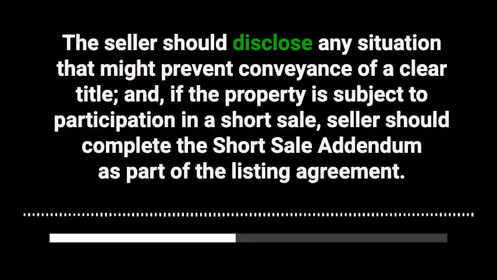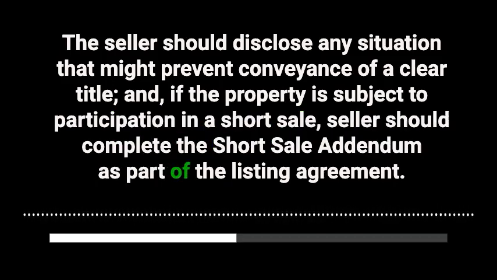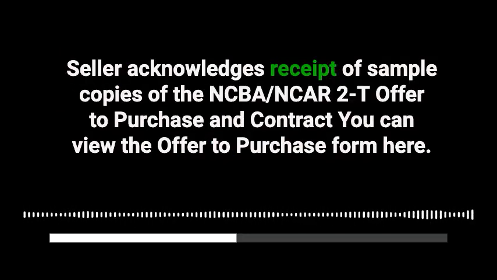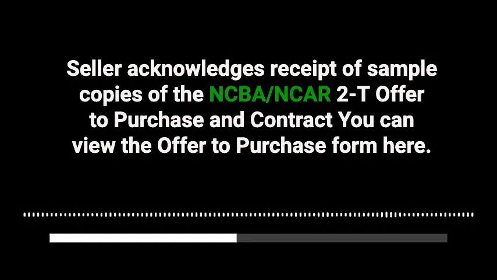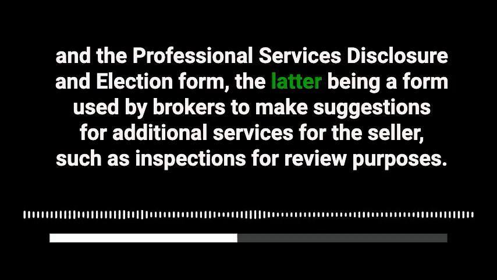The seller should disclose any situation that might prevent conveyance of a clear title, and, if the property is subject to participation in a short sale, seller should complete the short sale addendum as part of the listing agreement. Seller acknowledges receipt of sample copies of the NCBA, NCOR2T offer to purchase and contract. You can view the offer to purchase form here, and the professional services disclosure and election form, the latter being a form used by brokers to make suggestions for additional services for the seller, such as inspections for review purposes,